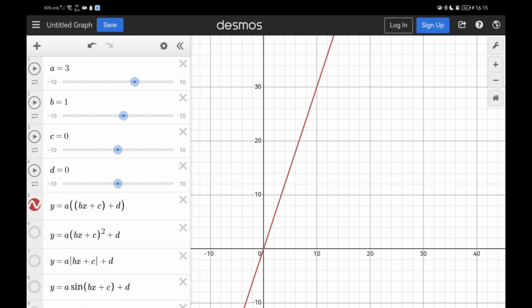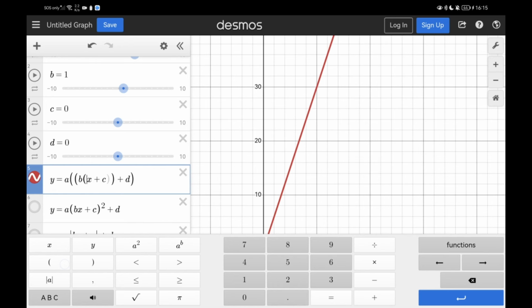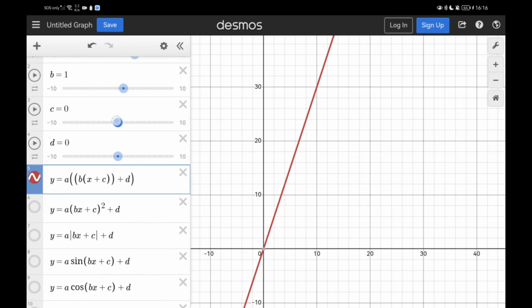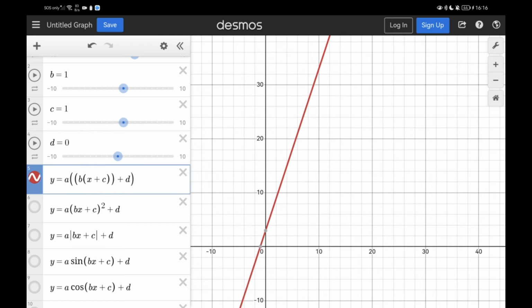So if I add c beside the x, or let me demonstrate this for you. Okay, if I add 1, it moves to the left because you need to change the x coordinate, okay? So this is the translation